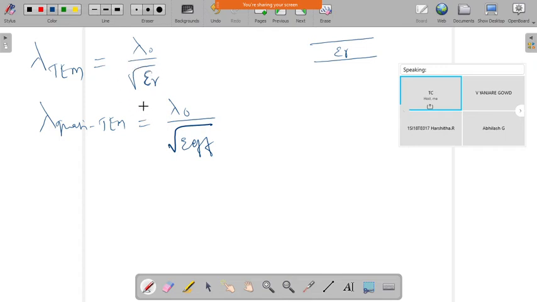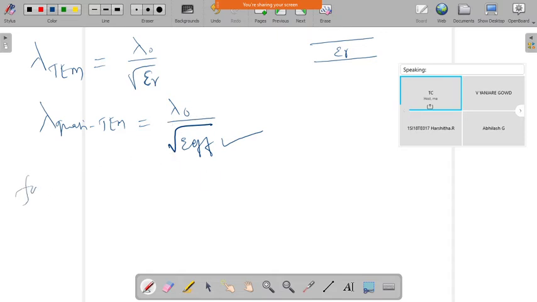Okay, so this is how we can find out, and these are the expressions to find out the particular parameters. Now we'll look at some more parameters, how we can calculate the parameters for designing the microstrip line. Now the most important parameter is the effective dielectric constant. So that we can define.